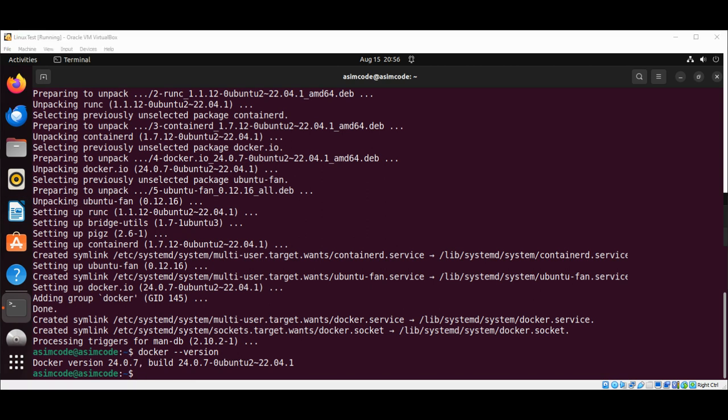Next, we are going to use the installed Docker application to pull the OWASP Juice Shop container from the online Docker Hub repository. So we are going to type this, clear the terminal,